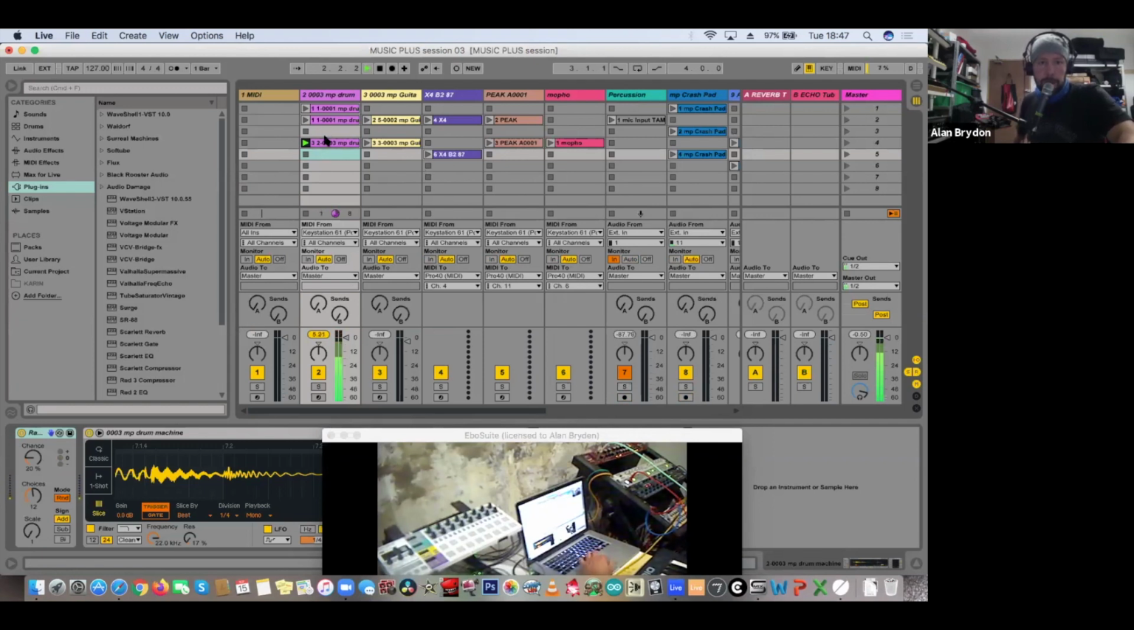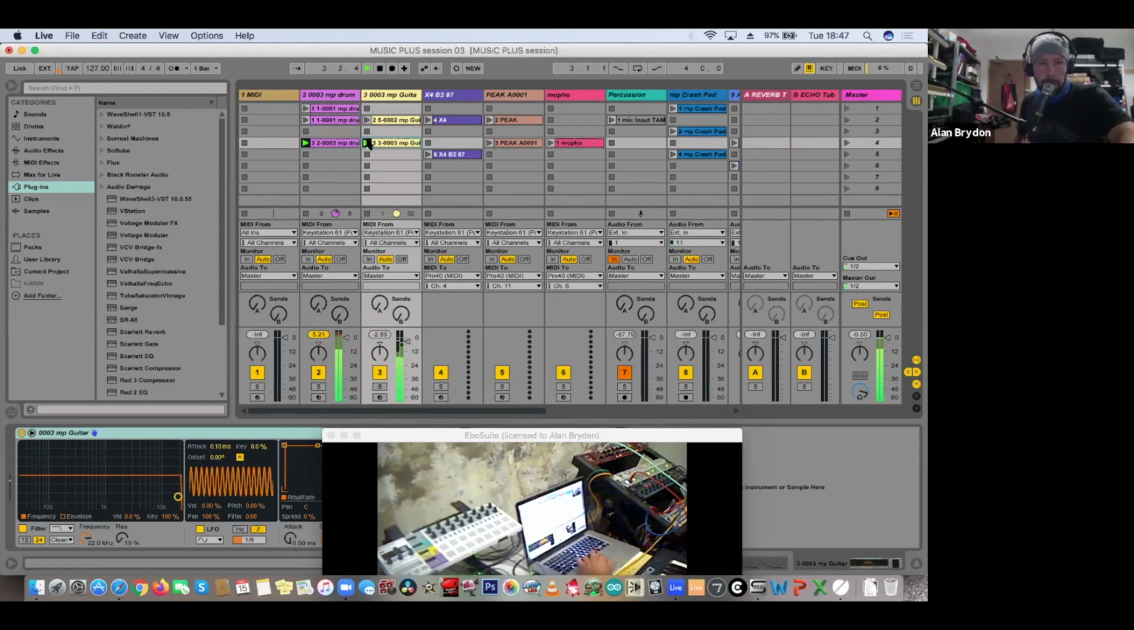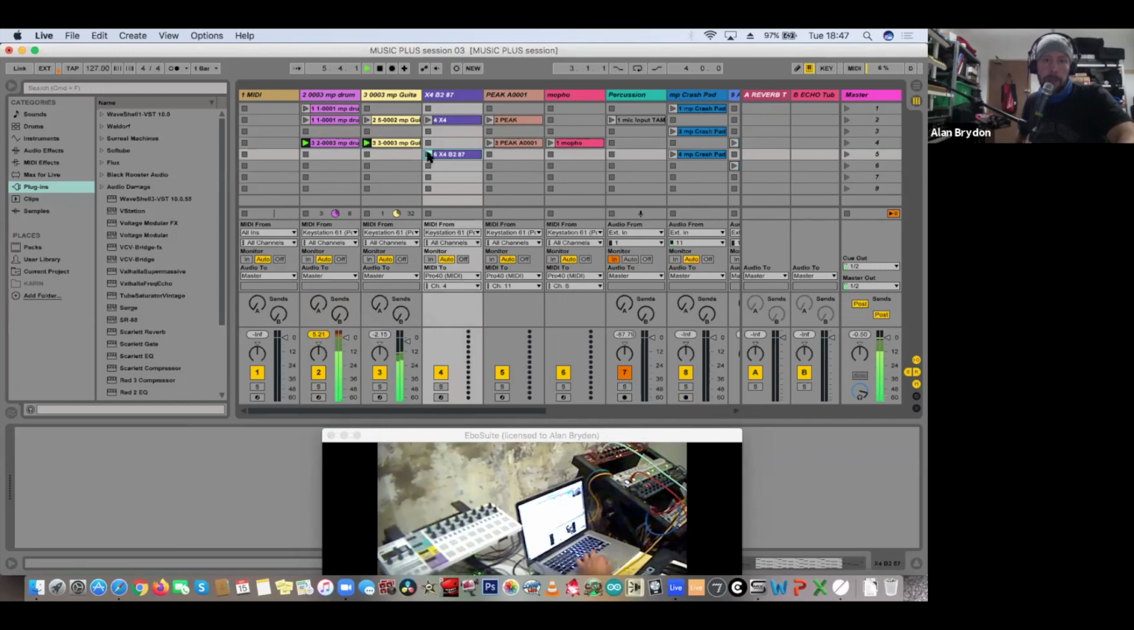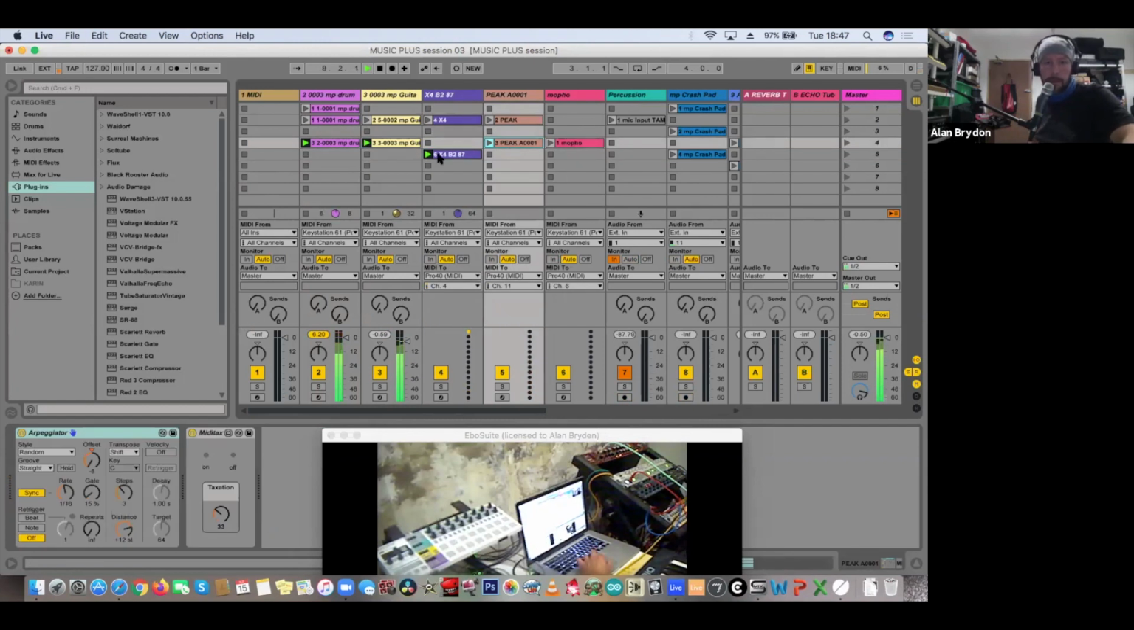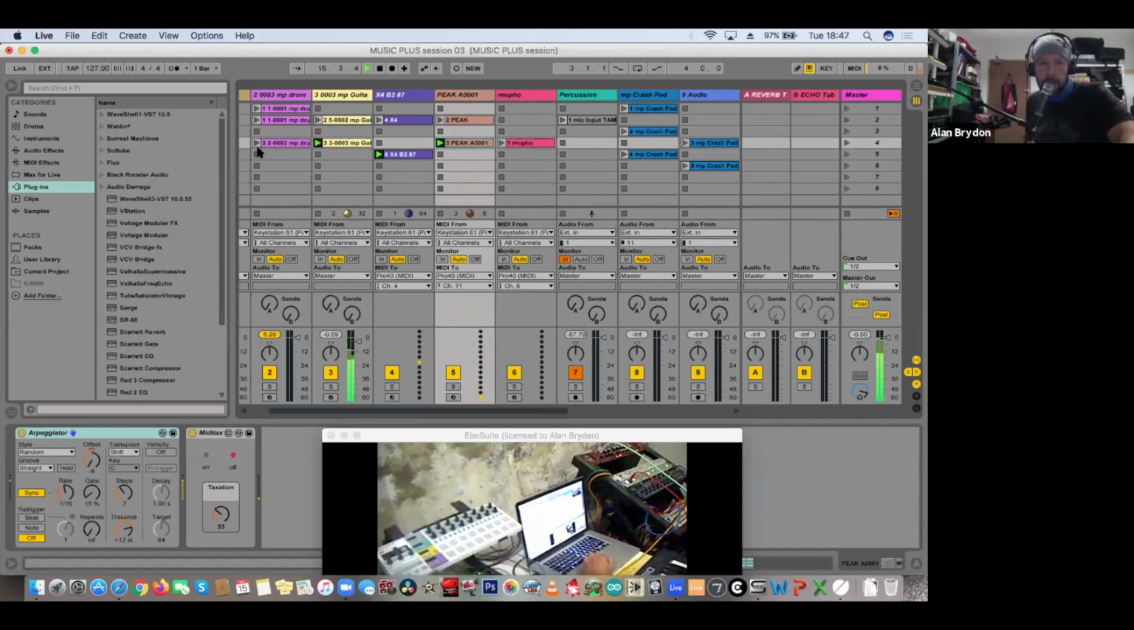So here's our drums. The guitar, there's the bass, and then I thought, I bet this is going to sound nice with this synth part coming in, but without the drums. That gives it a bit of tension, and then when we bring the drums back in,